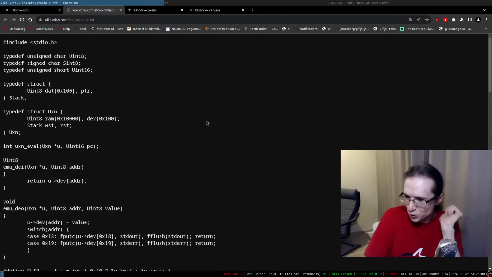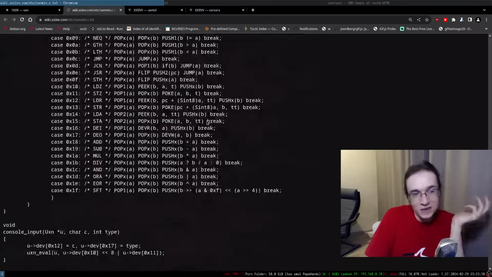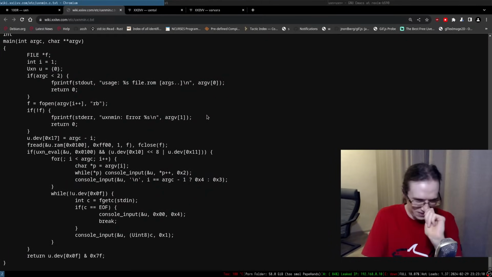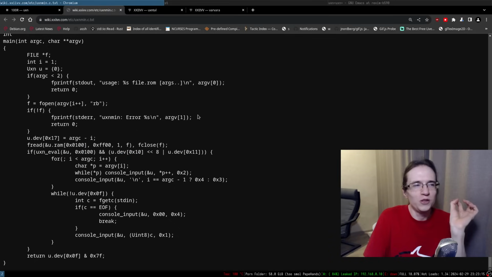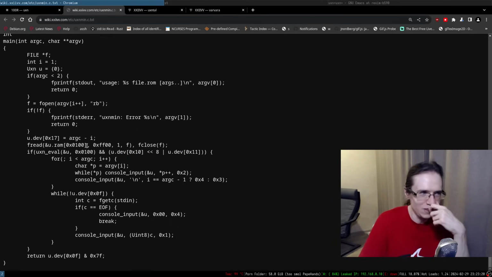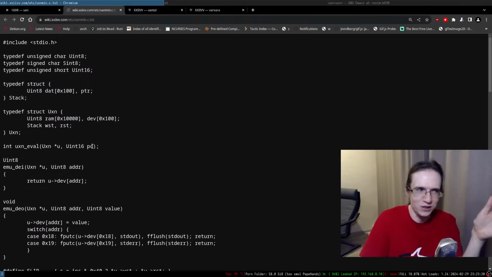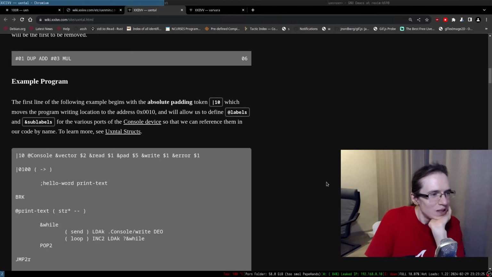Is that the entirety of the virtual machine? I suppose the main difficulty for the emulator is to wire up different devices and everything, because this thing probably doesn't wire up different devices. It's just a simple virtual machine, right?